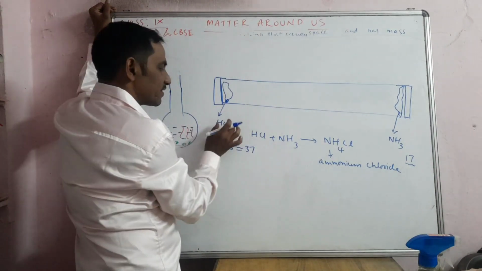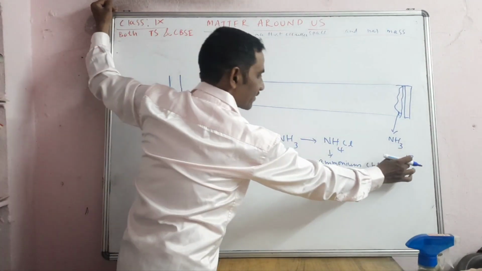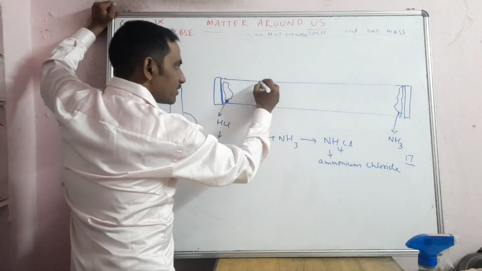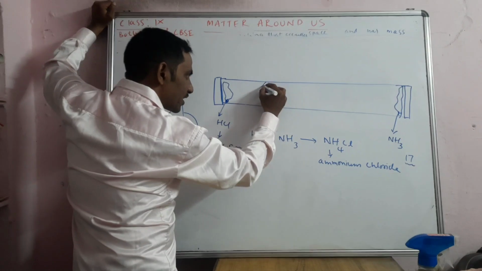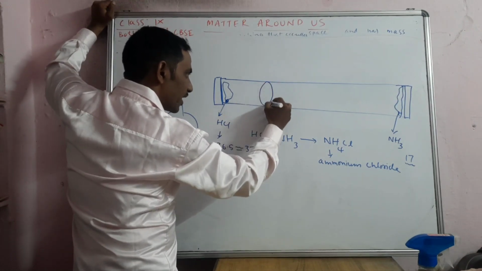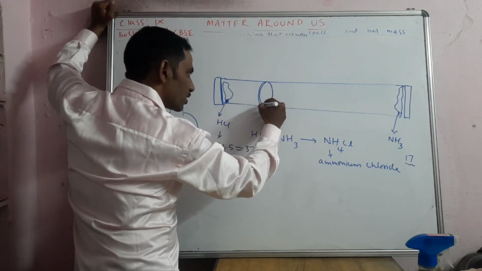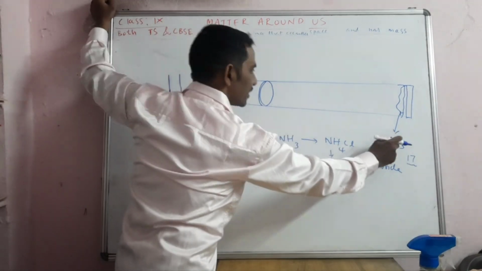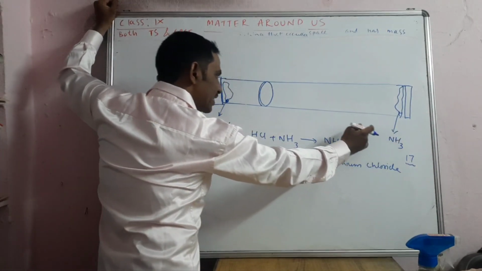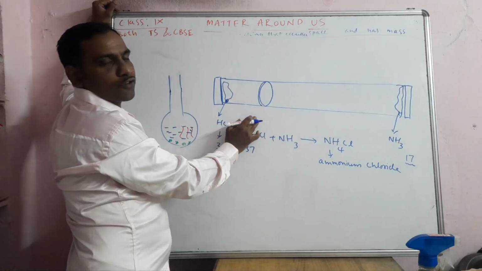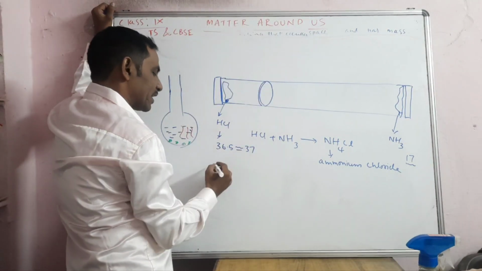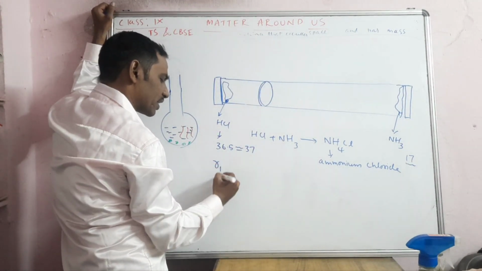So what is happening, HCl is heavier and NH3 is lighter, 17 is a very small number. So this white ring will be formed a little nearer to HCl than to NH3, because NH3 is lighter, it will travel a longer distance. So you can say that the rate of diffusion, there will be a formula in the regular Telangana syllabus,